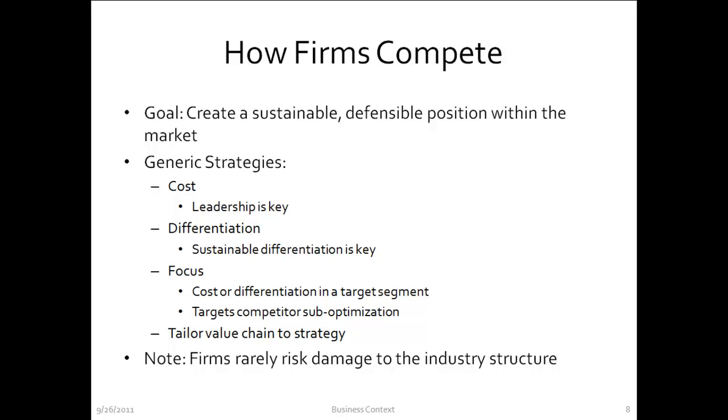Finally, a closing point for this slide. Keep in mind that while firms want to compete, very few firms want to compete in a manner that damages or blows up the industry structure. Companies essentially want to survive, but they don't want to kill everybody else off. Nor do they want to change their market structure so that all of a sudden they can't make money there. So, for example, if you think about the auto industry